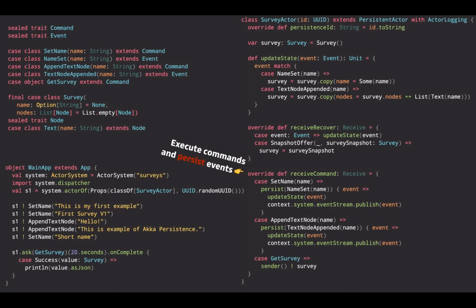If, for example, the actor would be killed or stopped, and then recovered, you can rebuild the state of the actor back to its initial state from the storage, and it can proceed. So it's kind of like building a representation out of events.